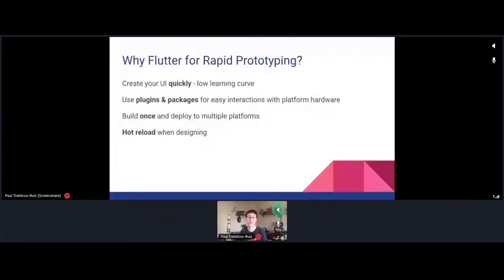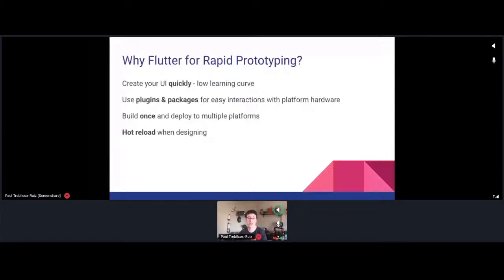So aside from Flutter being cross-platform, probably you're wondering why you should use it for rapid prototyping, especially since there's other tools that exist that do similar things. So like most development decisions, the answer is basically, it depends. While Flutter isn't the only tool that can work cross-platform, it is designed from the ground up specifically for creating